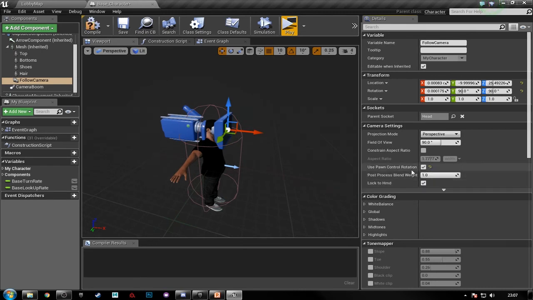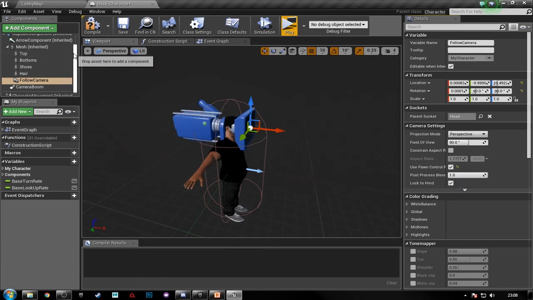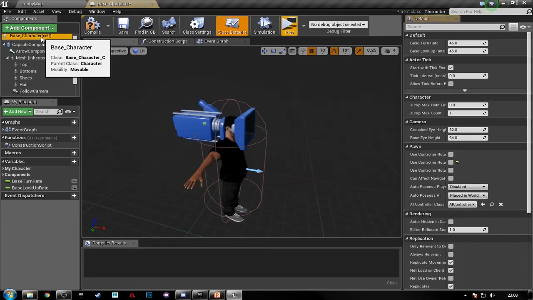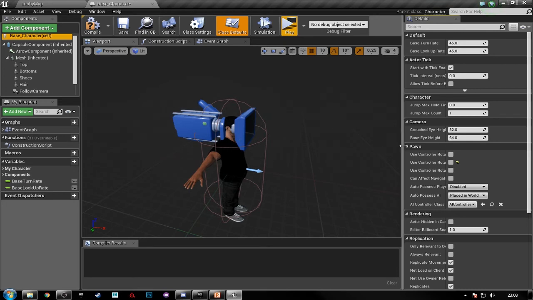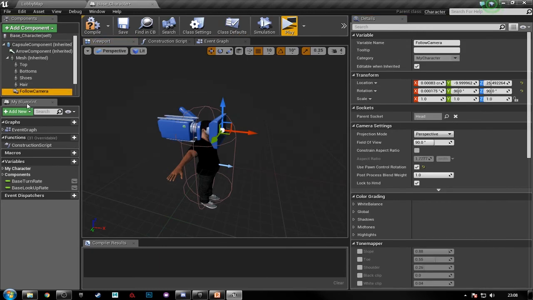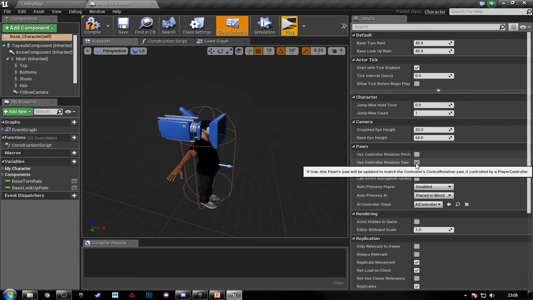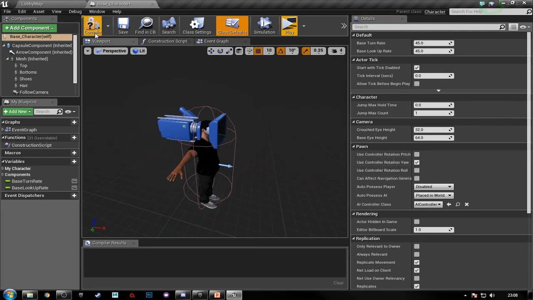So we want to use pawn control rotation, and that rotation we will get from the pawn, and our pawn is our base character. So if we get our base character, we can then use the rotation of our base character, which will be our yaw. So just again, if you click our follow camera, come down to our camera settings, use pawn control rotation, select that, and then head back up to the top layer, which will be our base character self, and come down to use controller rotation yaw. Okay, now when we compile and save,